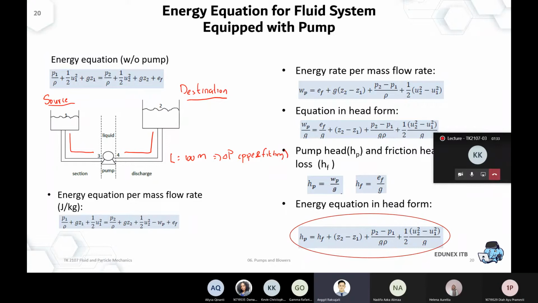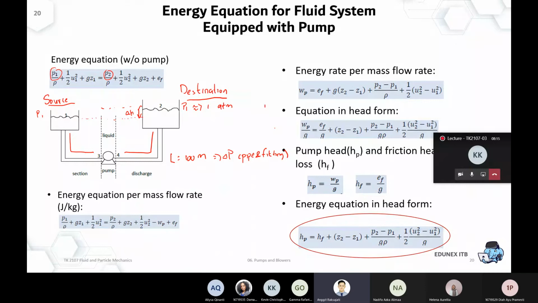And then there will be some difference in terms of the height. So for example, using this reference point, if that's the difference in elevation, that will be the height that has to be provided by the pump. If we look at this energy equation, P1 and P2 refer to the pressure of the source and the pressure of the destination. If you have something like this, that means it's an open system or open tank. Open tank means you can assume it to be 1 ATM.